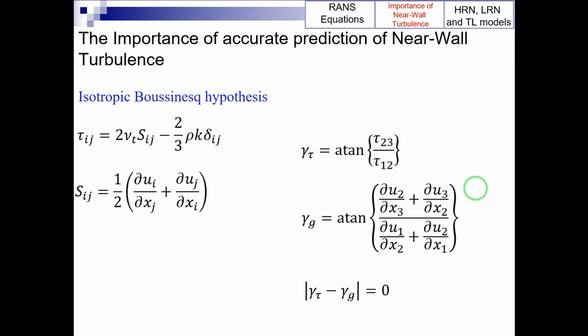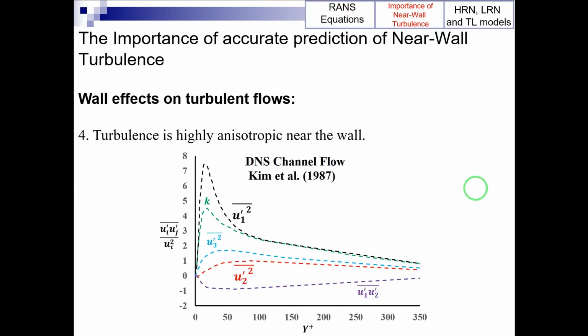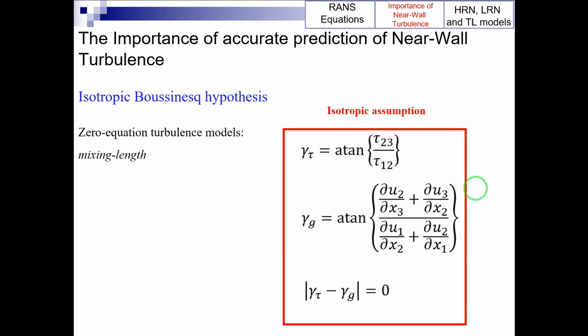This is exactly what the isotropic assumption is all about. However, as we can see in this figure again, turbulence is highly anisotropic near the wall. It is worthy to mention that the zero equation turbulence models, such as the mixing length model, one equation models,